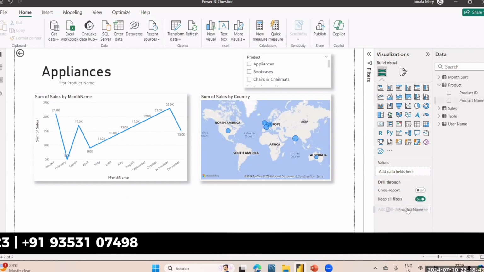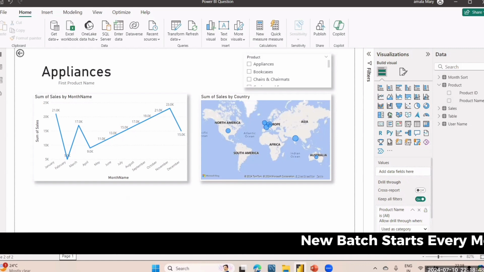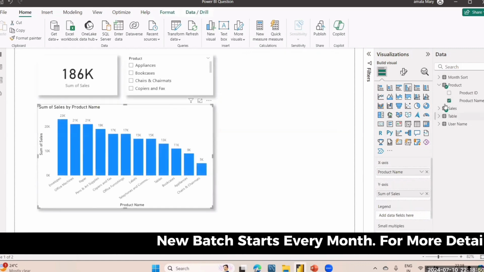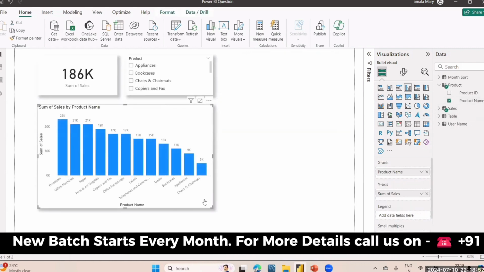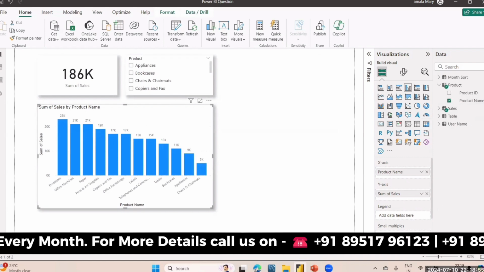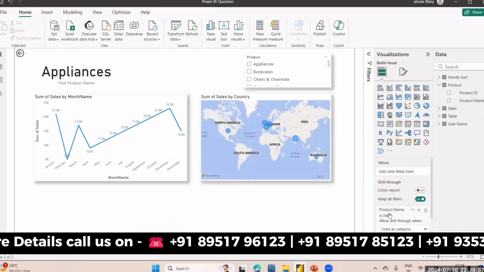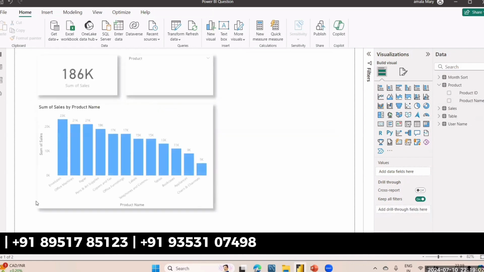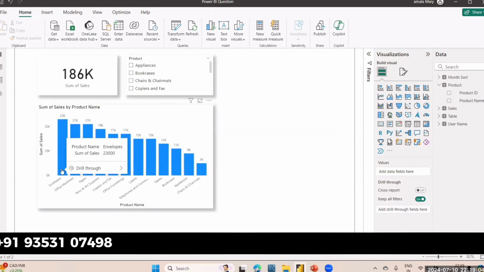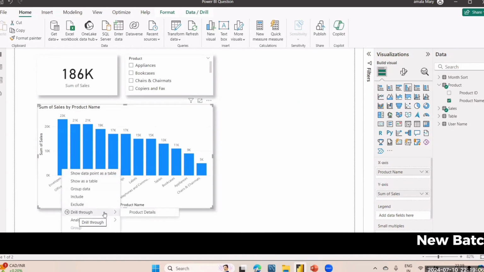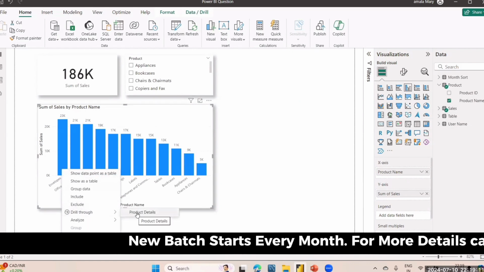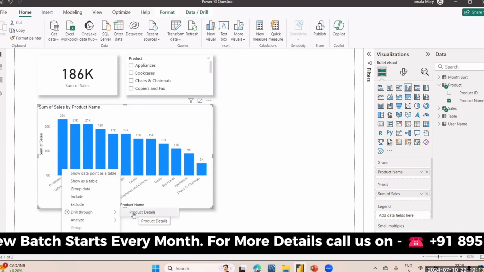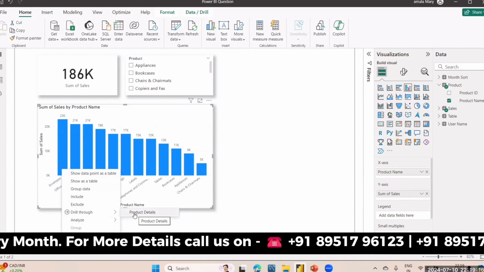So I'm just dragging this information here. What it does is the same name. If you can see here, I've used only the product name to display this product's sales. So in this area, I'm just dragging this product name. If I right click on this envelope, it takes me to the respective page which I have created only for the product related information. So it will take me there, and it displays